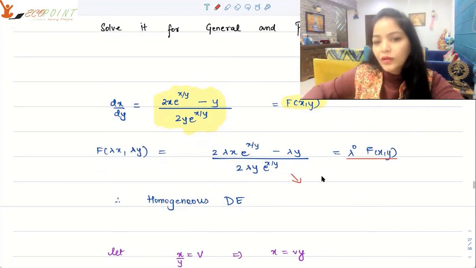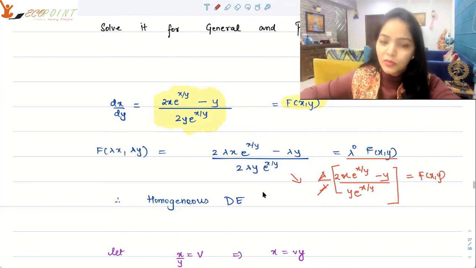So 2 lambda, I'll just take lambda common here, and here what you will get is 2x e to the power x by y minus y upon y e to the power x by y. Well, that's what is your f(x,y). So this turns out to be just f(x,y), or this is homogeneous of degree 0, which means it's a homogeneous